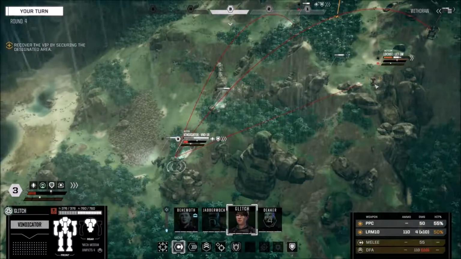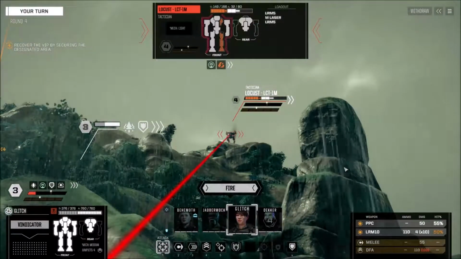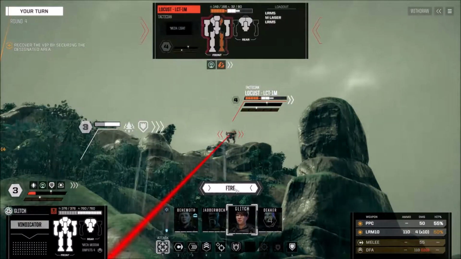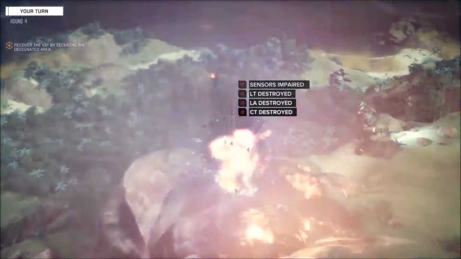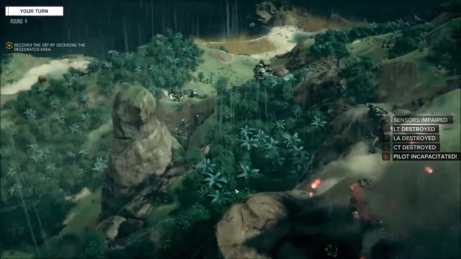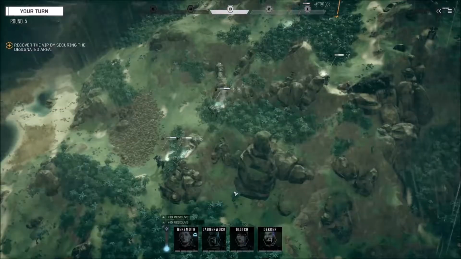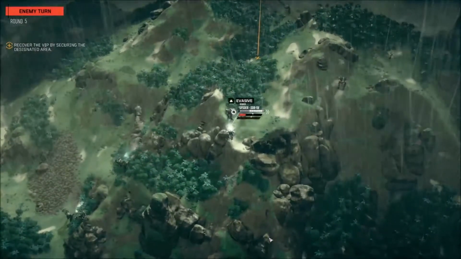Right. I've got a shot on you. 50-50. And you're a 1M. Yeah, it'll be worth a go. All weapons are go. Did you see that? Did you see it? Oh, I did, Glitch, and yep, I'm as excited as you are. Well, no, that's...